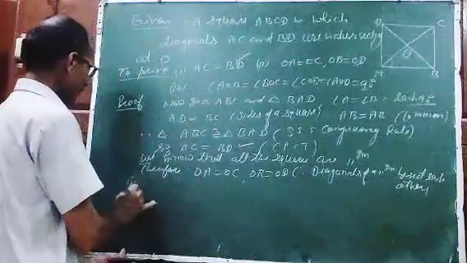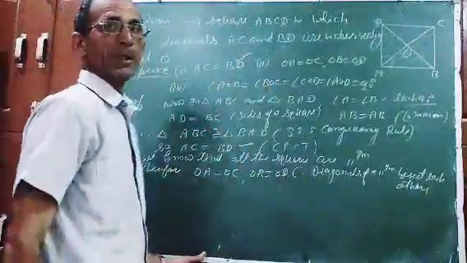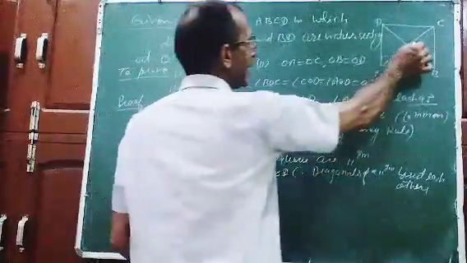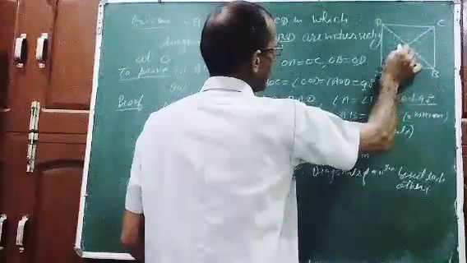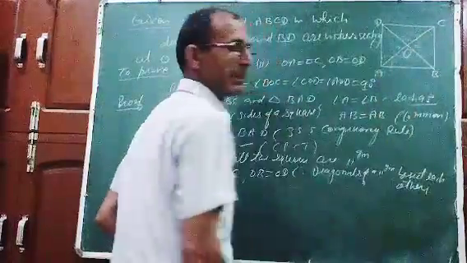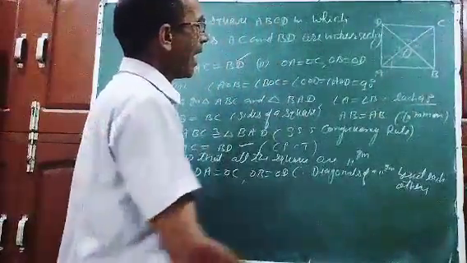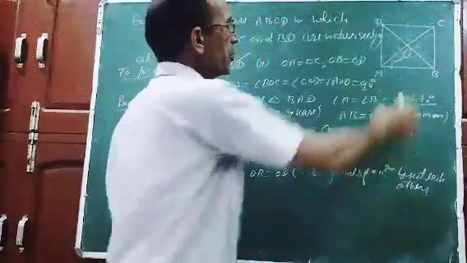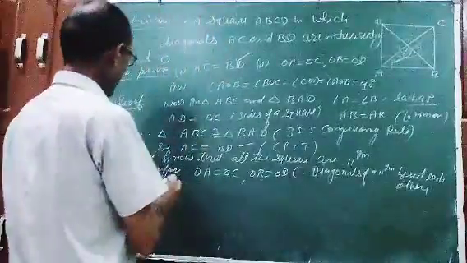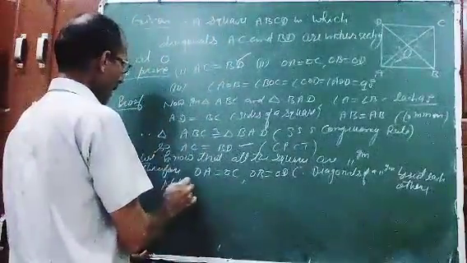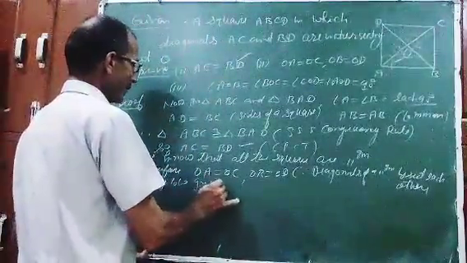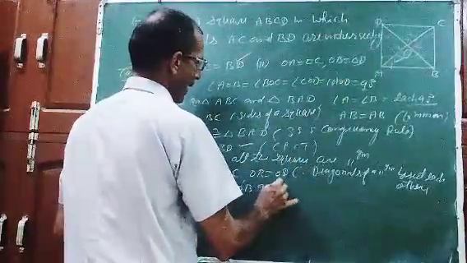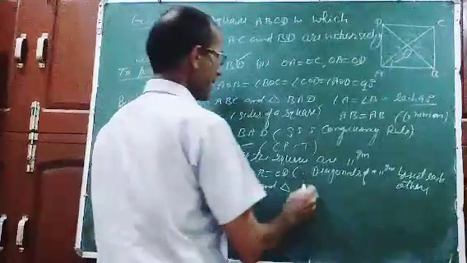Okay, now the third part. For the third part, what we have to prove: diagonals of a square bisect each other at 90 degrees. It means we have to prove all these four angles, each will be 90 degrees. We have to prove. So now I am taking this triangle AOB and triangle COB. These two triangles I will take. Now in triangle AOB and triangle COB,